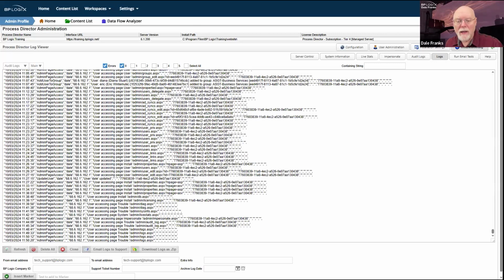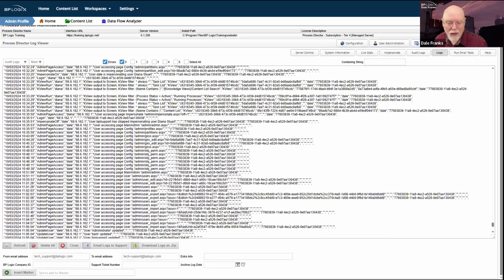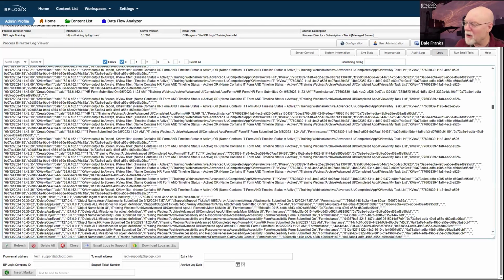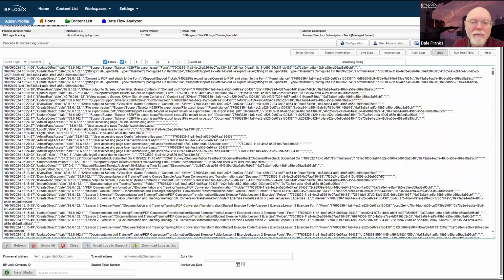Audit logs, these are the text versions of the audit logs. And as you can see on my system, what's the earliest that this goes back to? It goes back to 10:14. So I'm the only person on this system, and I'm the only person who's been using it for the last 2 hours.